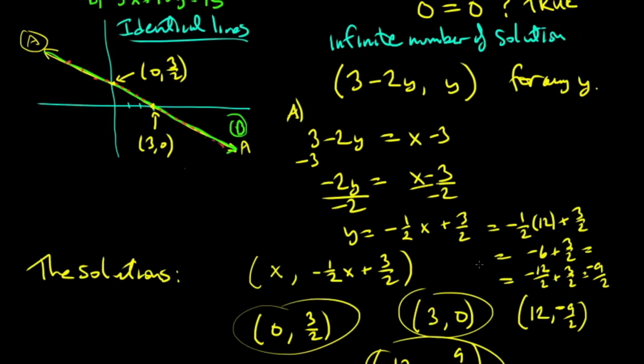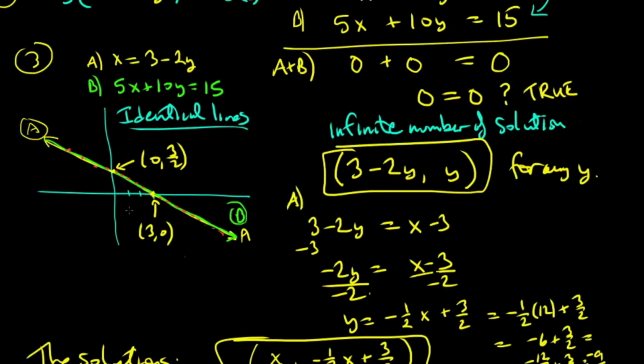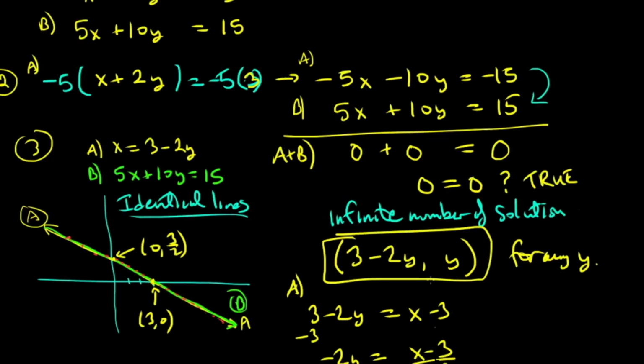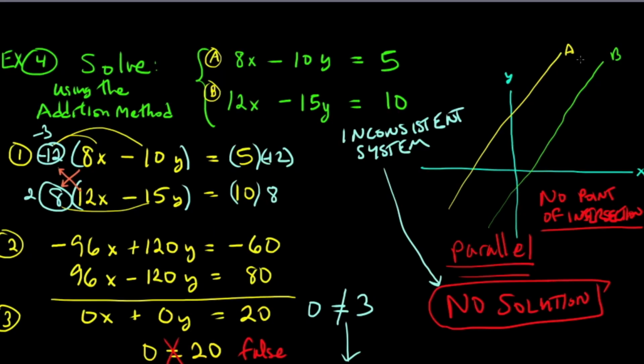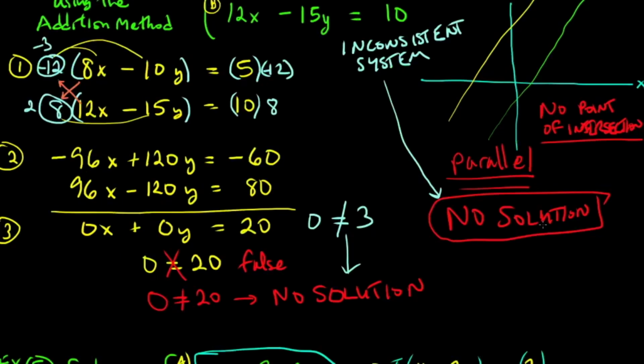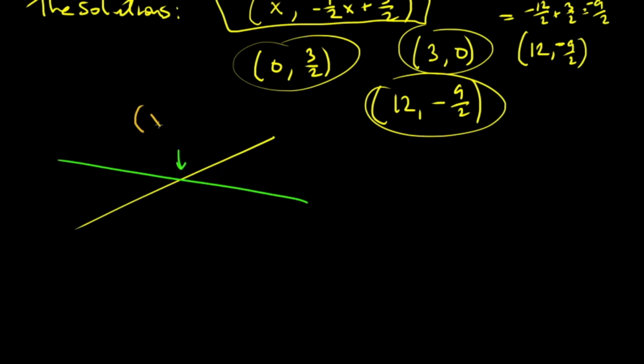So you can write the solution either this way or this way. But there isn't just a single solution. There's infinitely many solutions, right? So that's the third possibility. Either the two lines are identical, they're the same line, or the two lines are parallel, in which case there's no solution. Or what happens in most cases, of course, is that when you graph one line and then you graph the other line, they meet at precisely only one point. And when that happens, you get a unique solution,